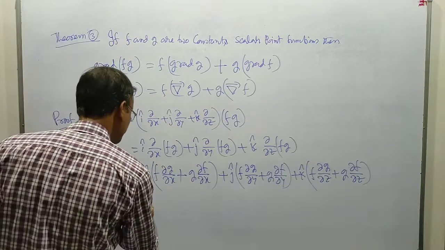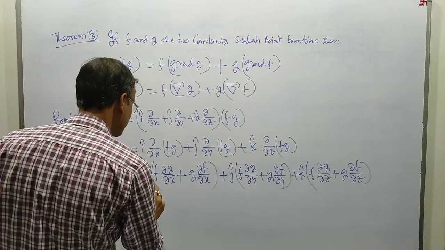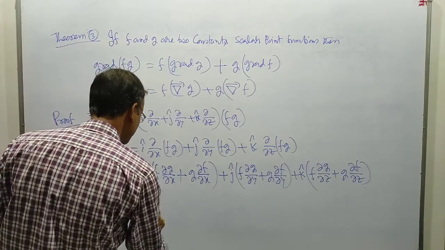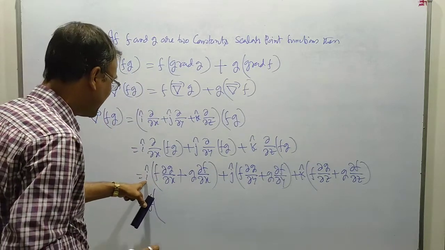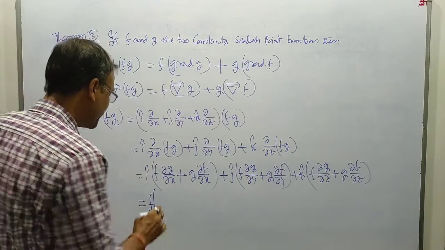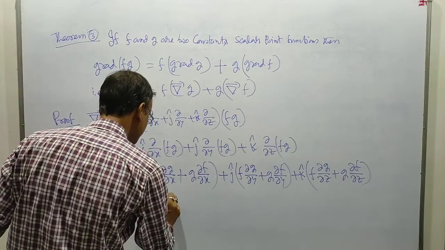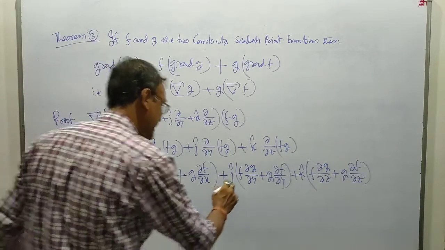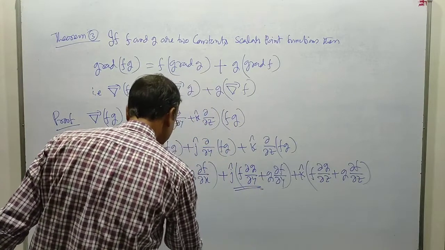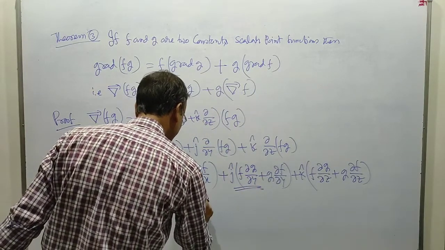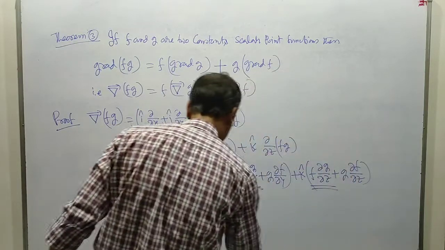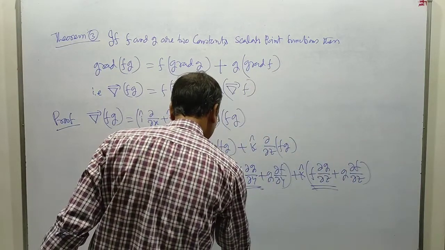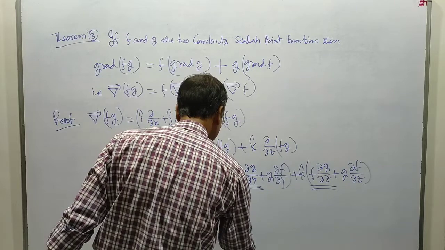This is equal to f times i cap ∂g/∂x plus j cap ∂g/∂y plus k cap ∂g/∂z